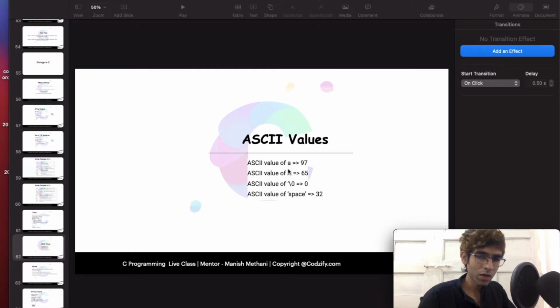Likewise, you can count the ASCII value till Z. The ASCII value of the null character is 0, and the ASCII value of space is 32. Remember this: the ASCII value of space is 32, capital A is 65 and small a is 97.